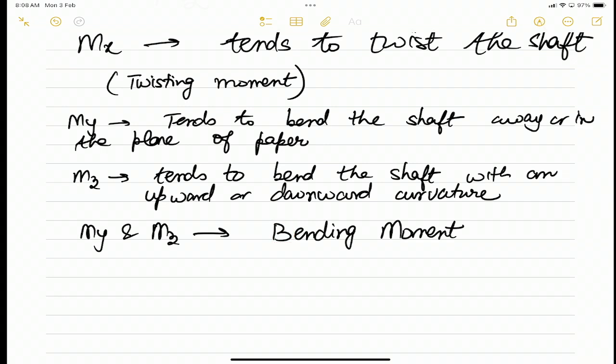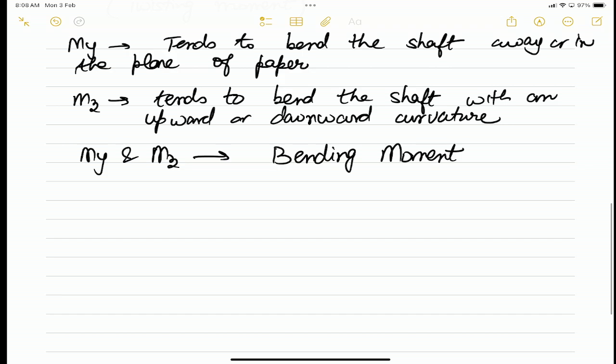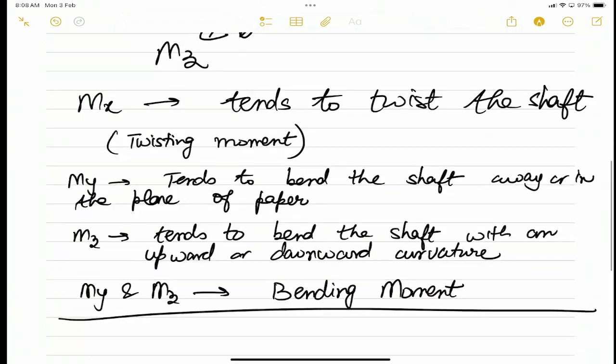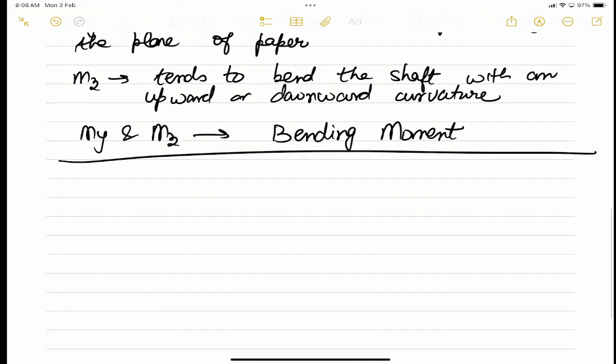These My and Mz, as I said, they are referred to as the bending moment. Okay. So now so this probably was the motivation. Now we look at